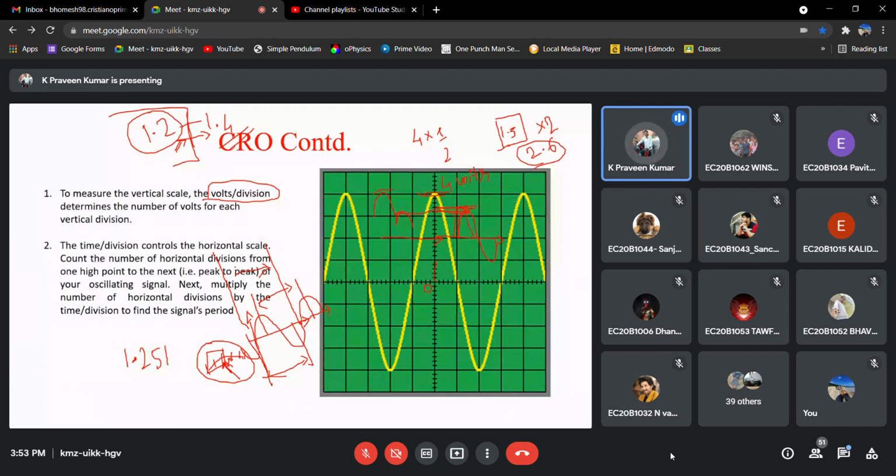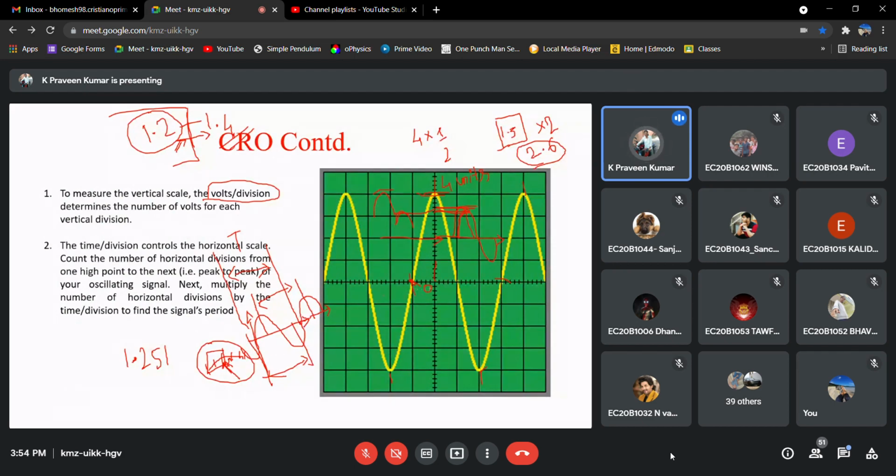The same thing in the CRO, how are we measuring? Measuring from this point to this point, or between positive peaks, or between the negative peaks. In the same way, we count the number of units covered horizontally.